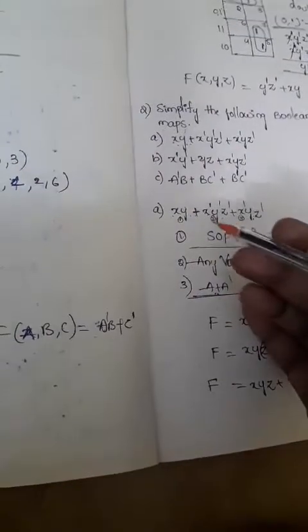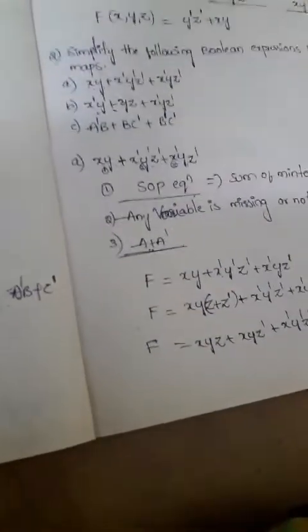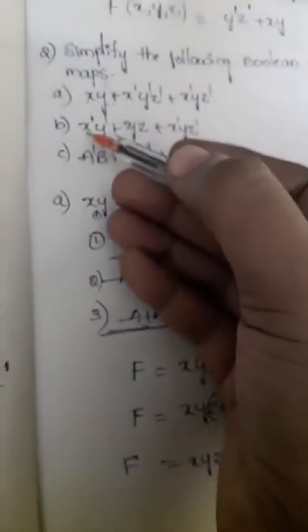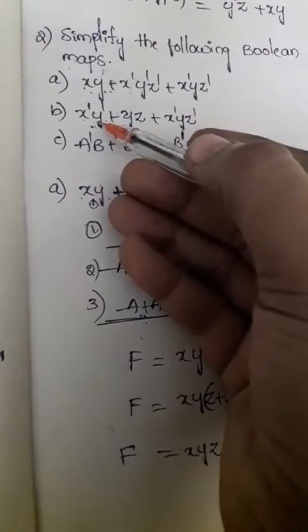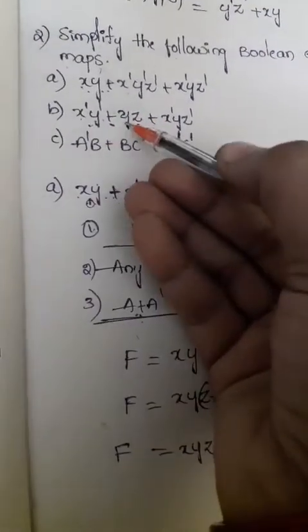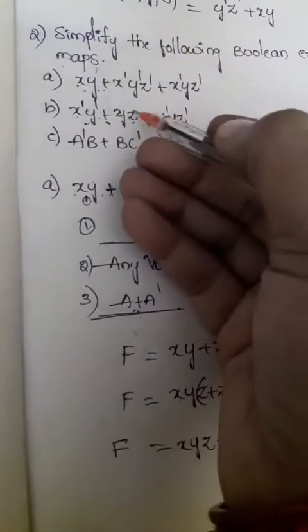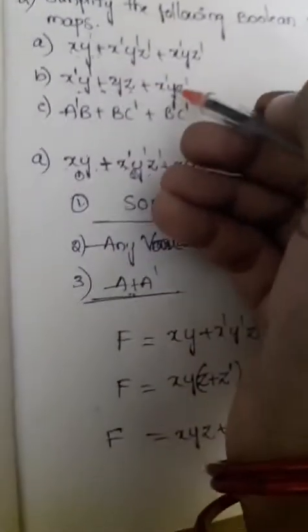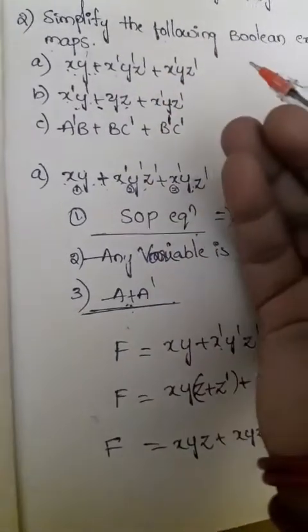So already we know this is also sum of product, that is also clear. This is SOP equation. So what is the second step? Any variable is missing or not. Check whether all the variables are present or not. In that second function, the first term consists of only 2 variables and the second term also consists of 2 variables. That means in these 2 terms one variable is missing, right? Here z is missing and here x is missing, and in the third term all the variables are present, right?